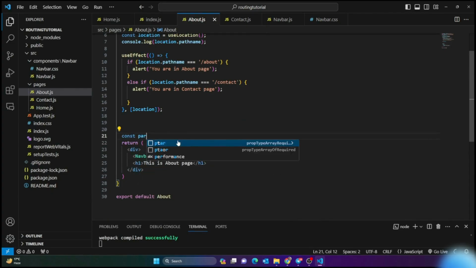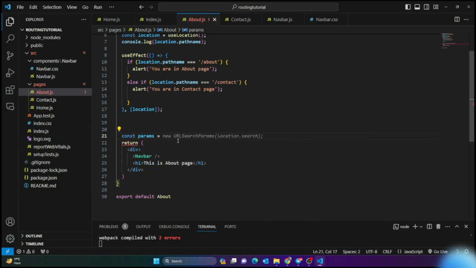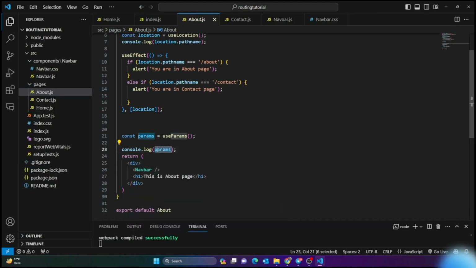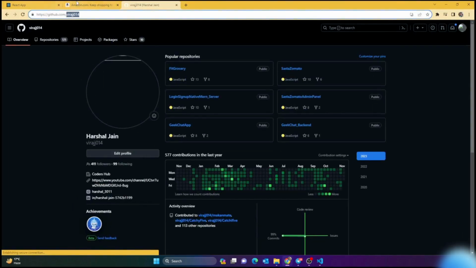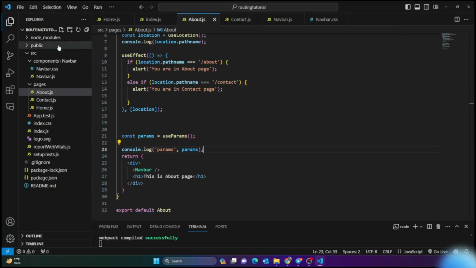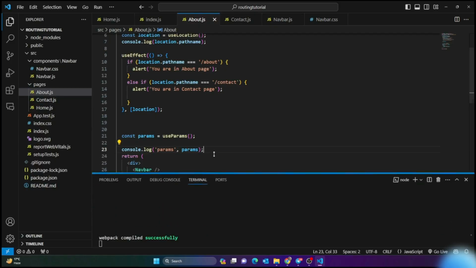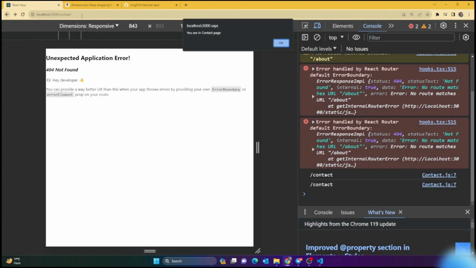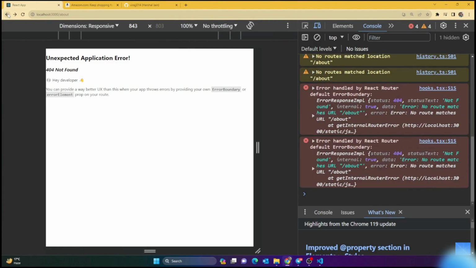Here what I have to do is write const params equals useParams. Now let me print this, actually I would just write params. That would be better. Now let's check if it's working or not. I think I need to restart or something, because it's trying to open. Now if I go to some different page, for example, go to about,